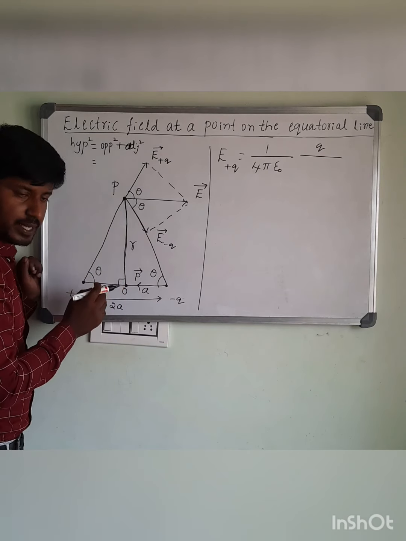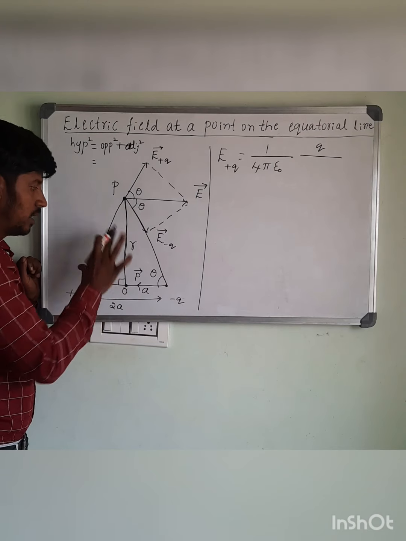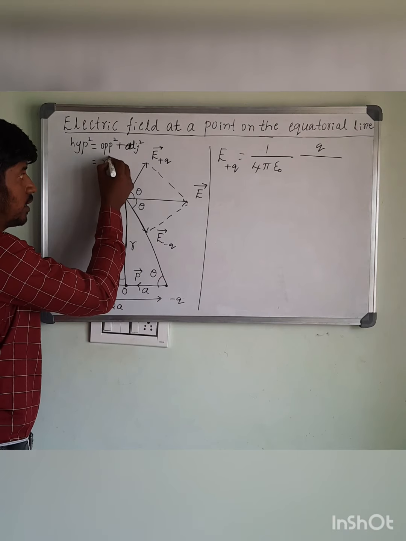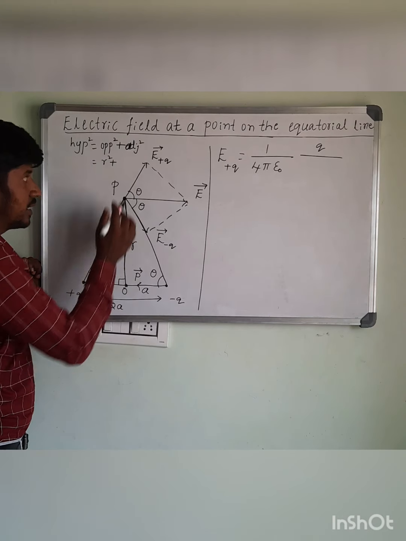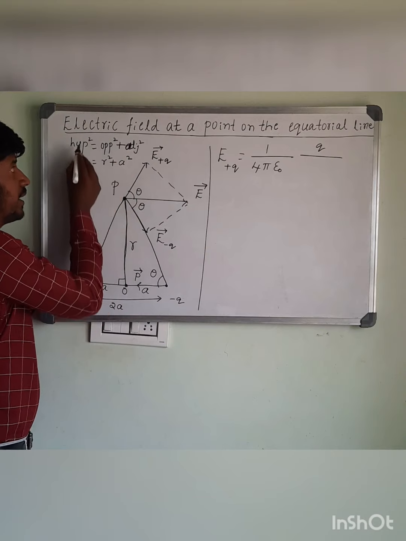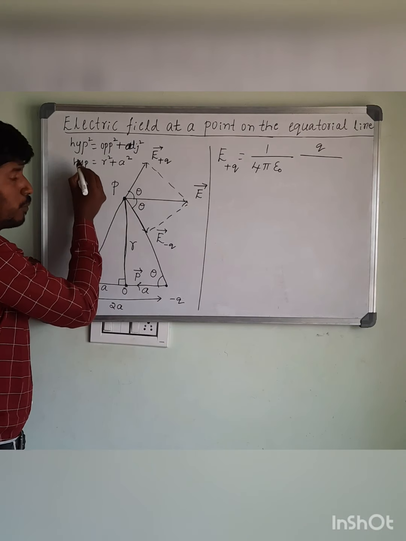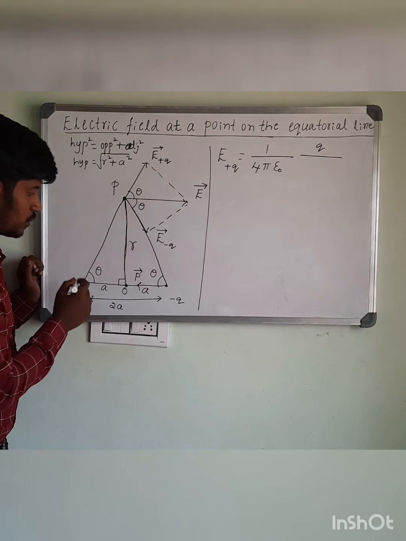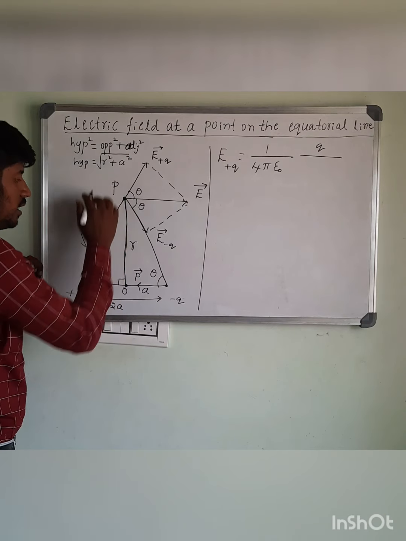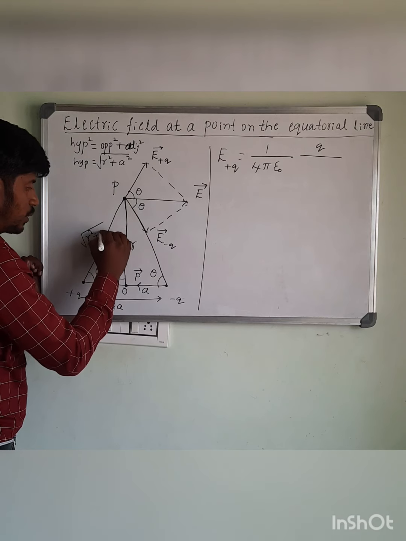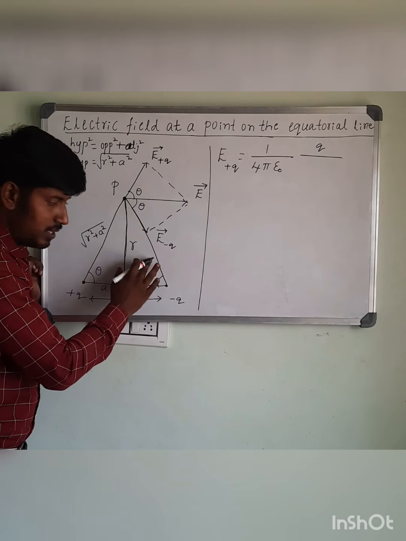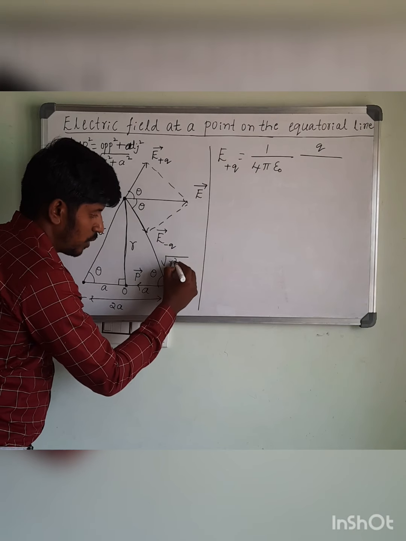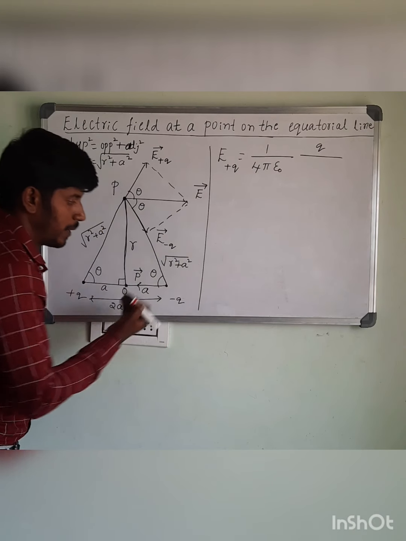So here, opposite is the side called opposite, the base is called adjacent, and the longer side is the hypotenuse. The hypotenuse square is r square plus a square. We need only the hypotenuse, not the hypotenuse square. Then how to remove the square? Taking the root on the other side. So the hypotenuse is root of r square plus a square. Thus, these two are similar triangles, so this side is also the square root of r square plus a square.